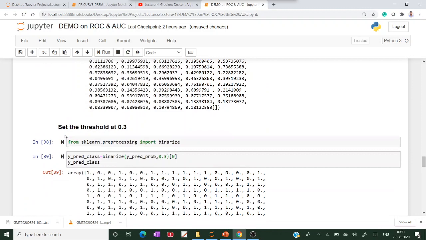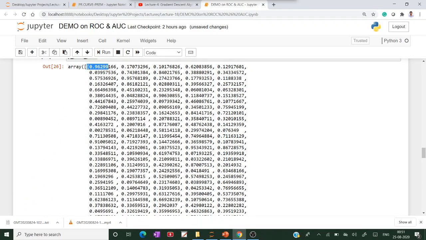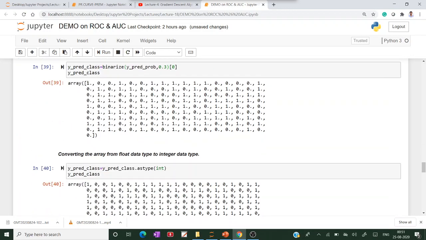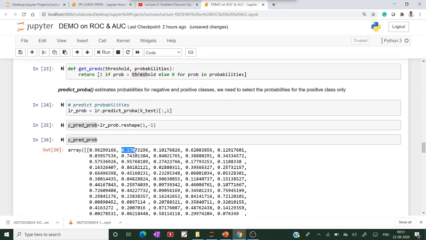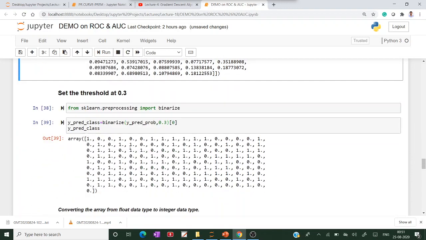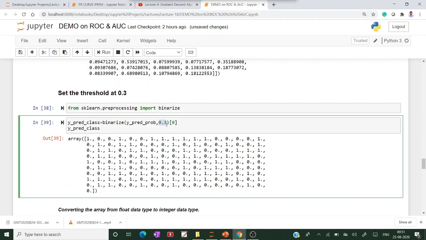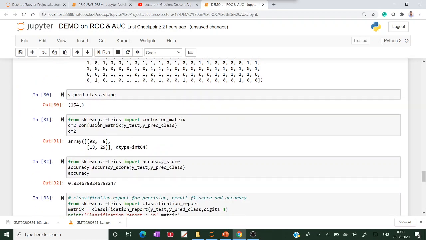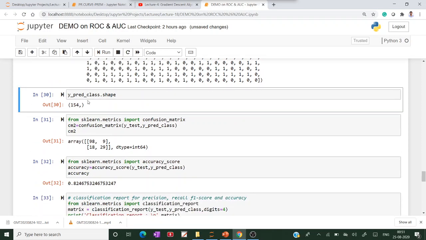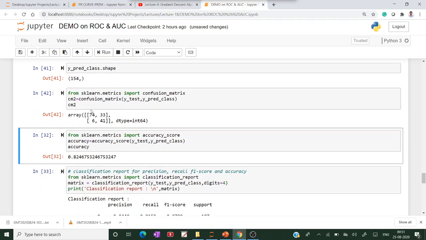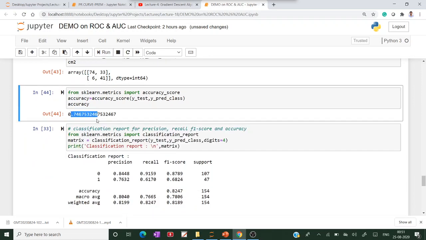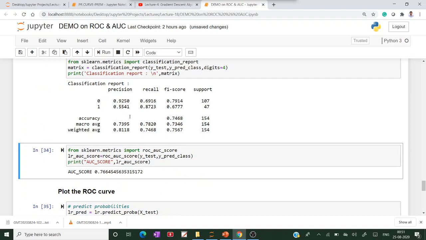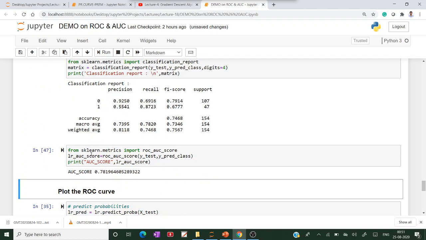See here, the predicted probability 0.96 is greater than 0.3, that's why the value is 1. The probability 0.170 is less than 0.3, that's why this value is 0. So automatically the confusion matrix is changed, the classification report is changed, and the accuracy is also changed.